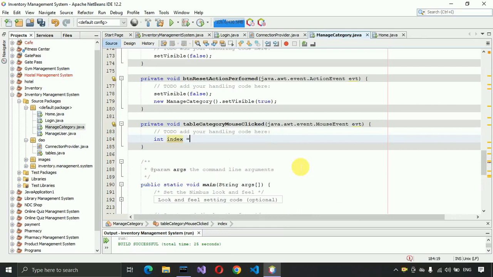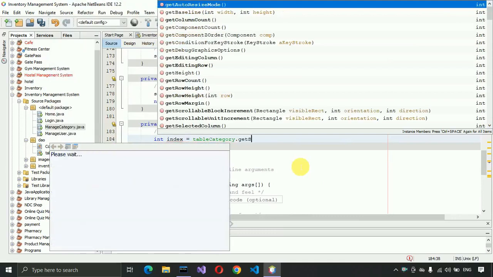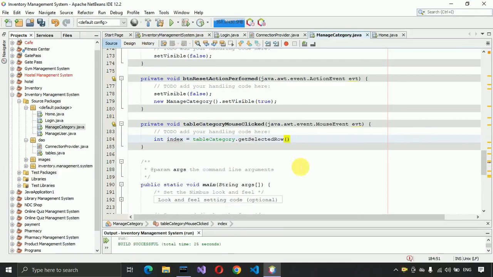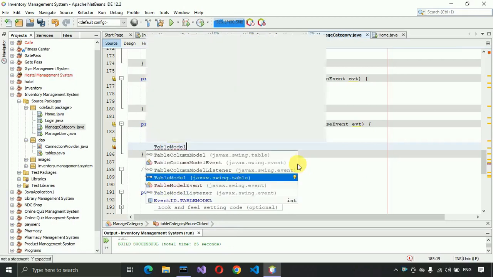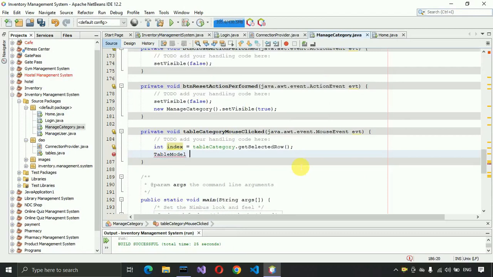So here table category table dot get selected row, this one, and after that here we have to get the table model. So table model, this one from Java swing we need to import model, and then table category dot get model,